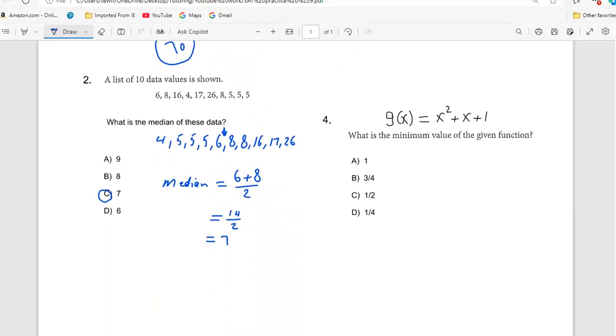Okay, here is number 4. G of t equals x squared plus x plus 1. What is the minimum value of the given function? This is a parabola, second degree. We have two ways to find the minimum, because the minimum is actually here, right? The minimum is at this point, which is the y coordinate of this point, the y coordinate k of the vertex. So we can put this function, g of x, as y, so we have y equal